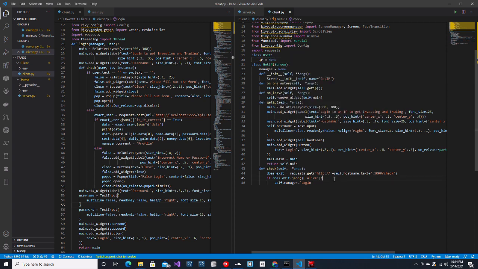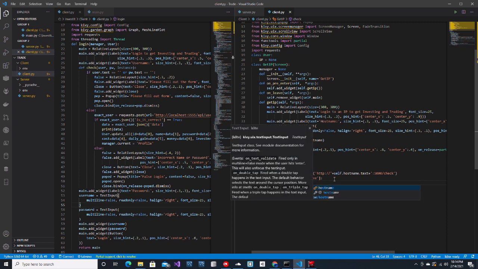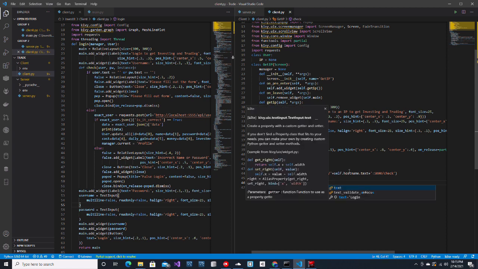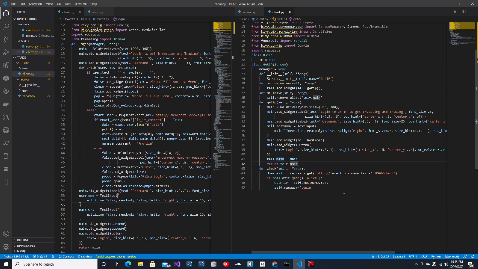And then before we change it, what we're going to do is say user.IP equals self.hostname.text. That's the user IP. Pretty simple, pretty easy. See that? And if else,